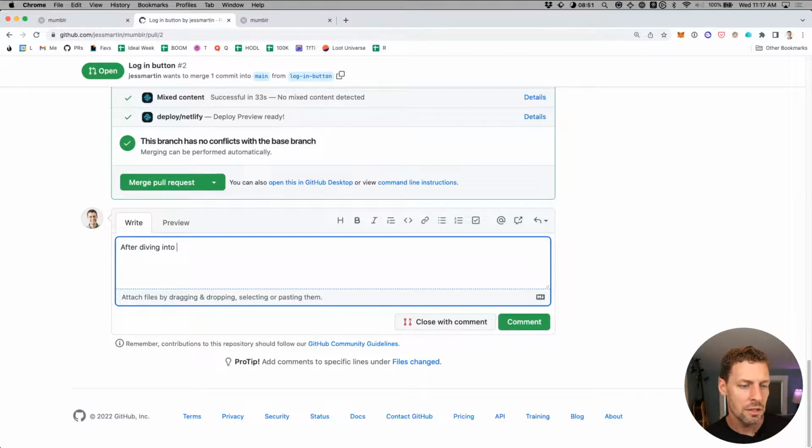After diving into the idea of login and logout, realized that a stronger analogy in this passwordless key-based auth world